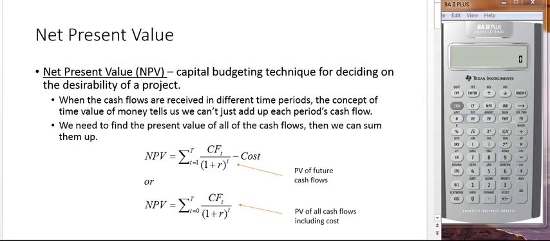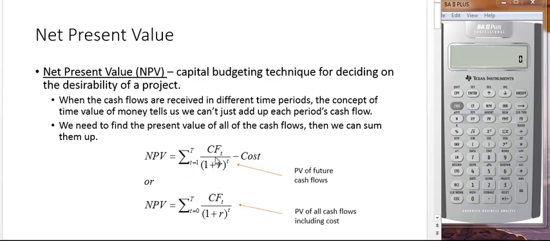How does this work? Well, what we do is we forecast the future cash flows, and those cash flows are going to be received in different time periods. And the concept of time value of money tells us we can't just add up all the money and compare it to the cost. We need to take the present value of those cash flows. So there are a couple of ways you'll see this written. All right, so we want to find the present value of all the cash flows, and then we sum them up. So in this first equation here, I have NPV equals